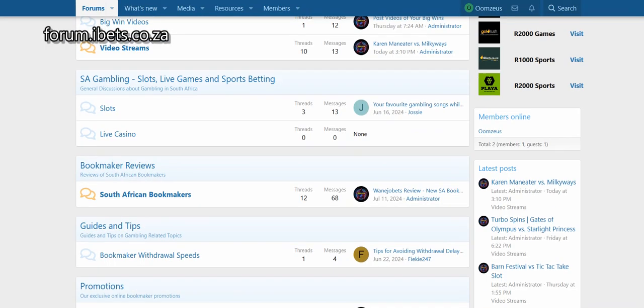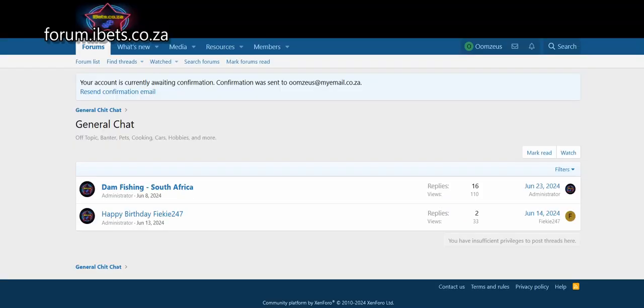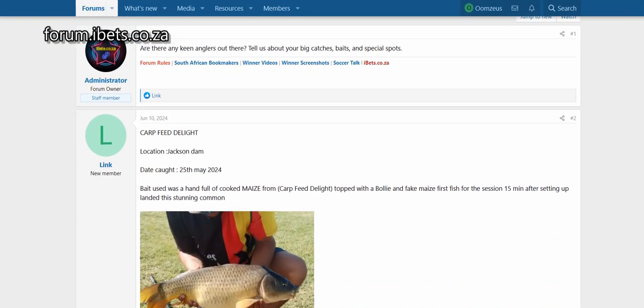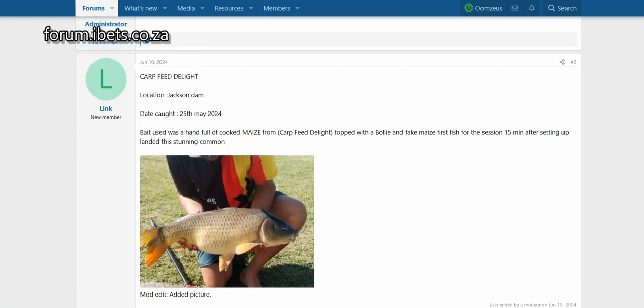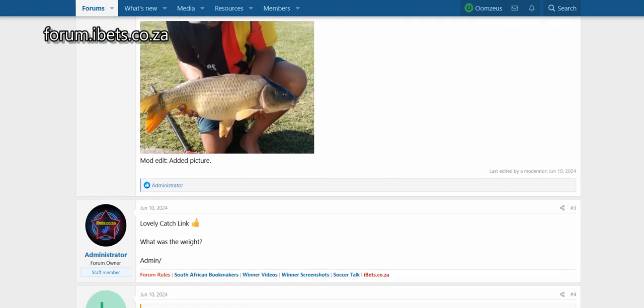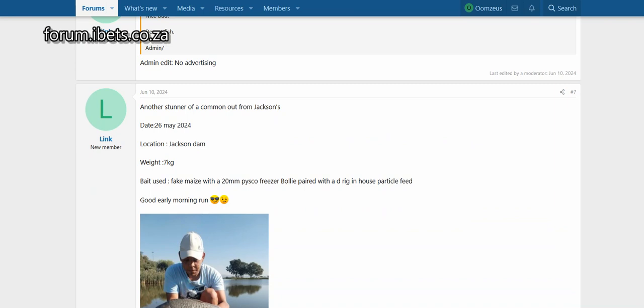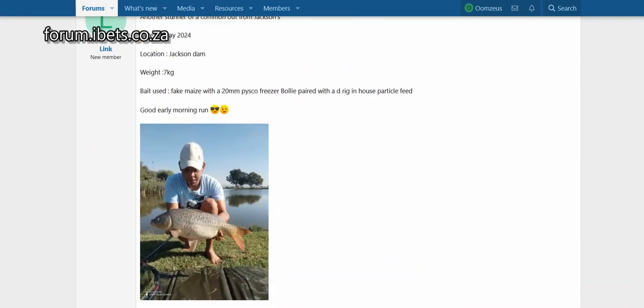And if we move on, you can see we've got a general chit chat area. If you click on the general chat area, you'll basically see we wish people happy birthday here. It's just anything in general. It's off-topic, banter, pets, cooking, cars, hobbies, and more. Anything that you want to post. We've got a little thread running on fishing. We've got one of our members called Link. Link quite often updates us with all of his latest catches. He does a lot of dam fishing. He provides us with pictures. He tells us where he actually caught it, what the weight was,